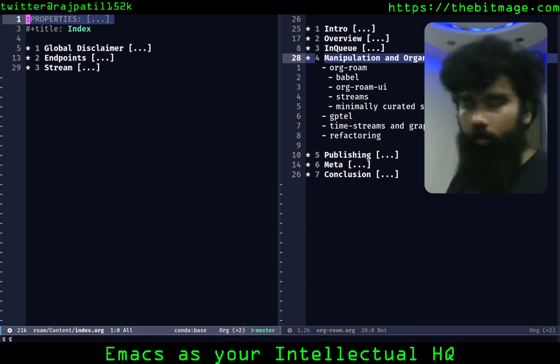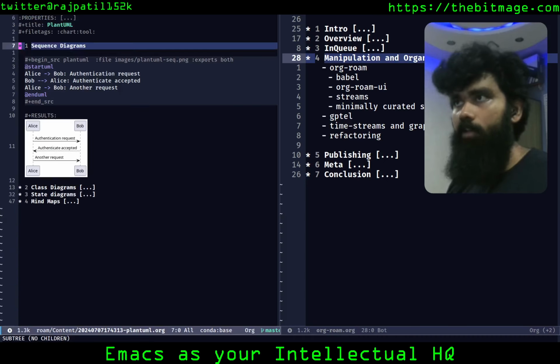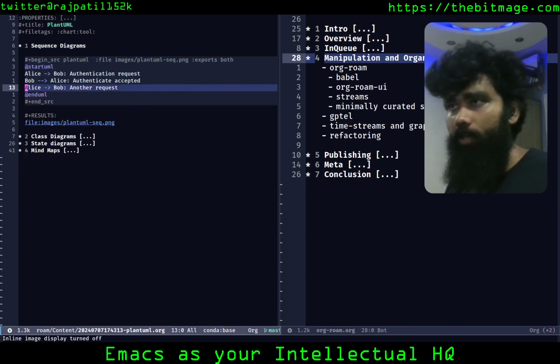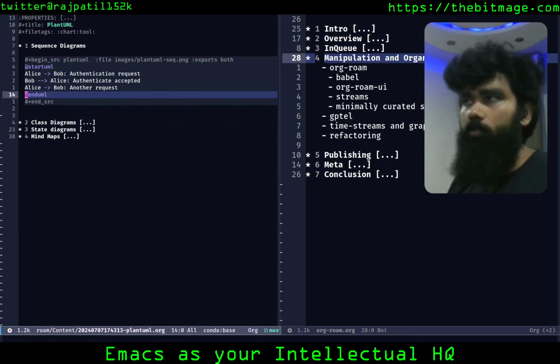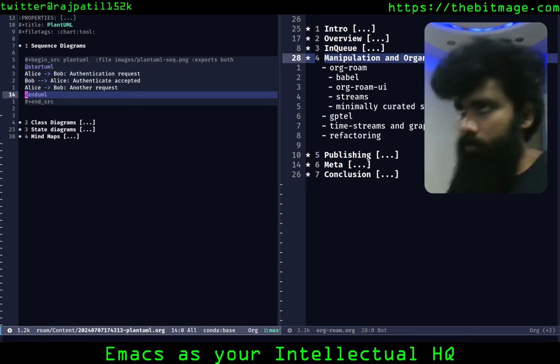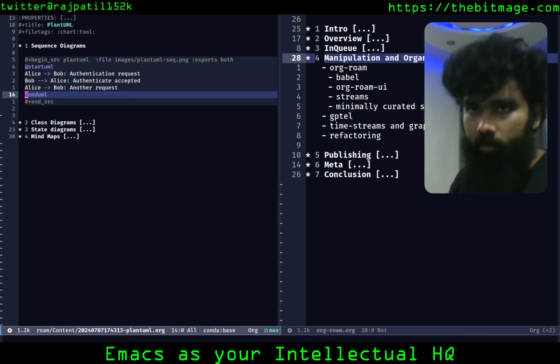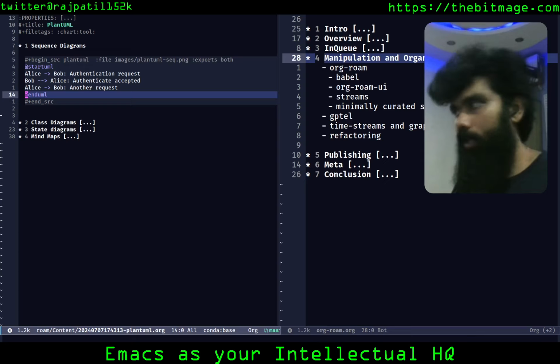I'll just show it to you. I go to PlantUML. I'm going to hide the images for now. I'll just delete this. I deleted the word result. So you could describe graphs in any language. Right now, PlantUML is a Java-based executable, I think, that's a parser for a domain-specific language, a DSL, for creating diagrams, unified modeling language.